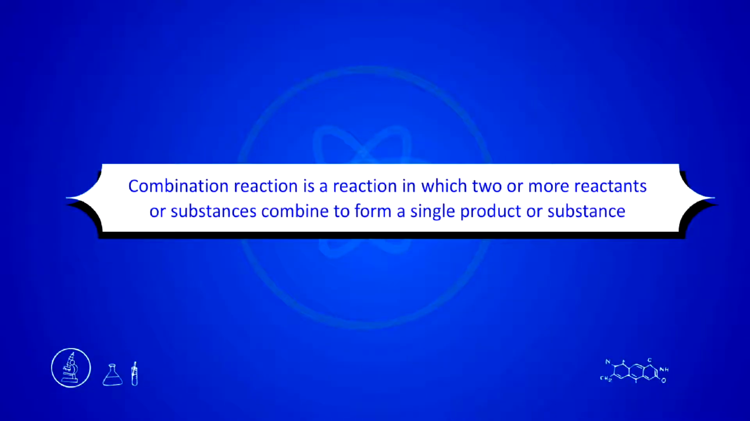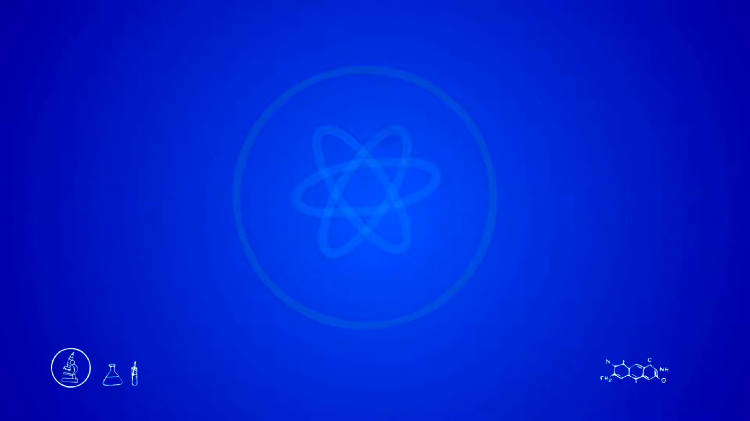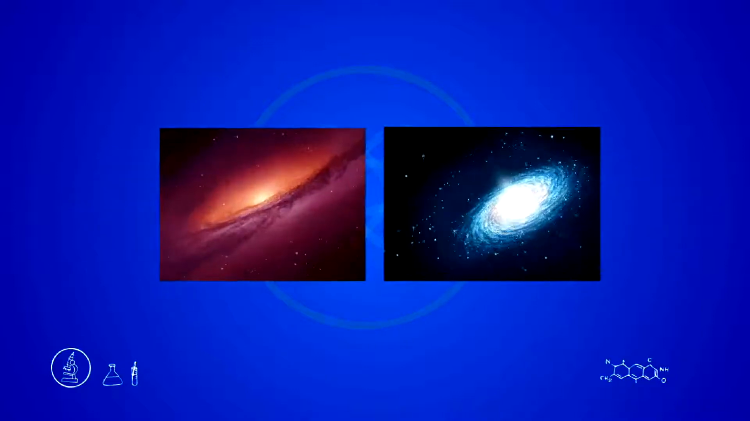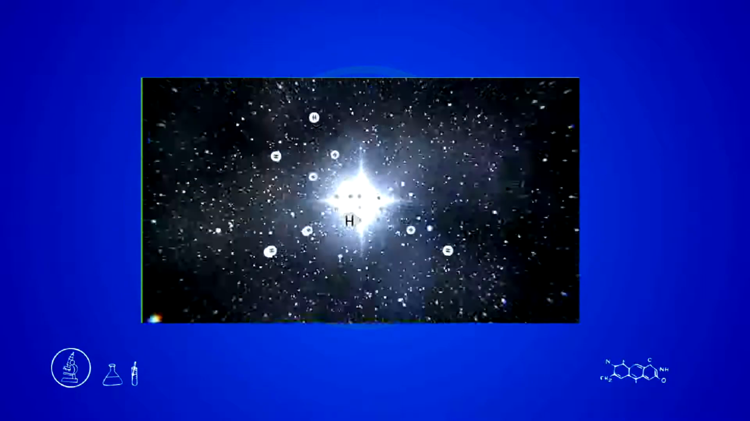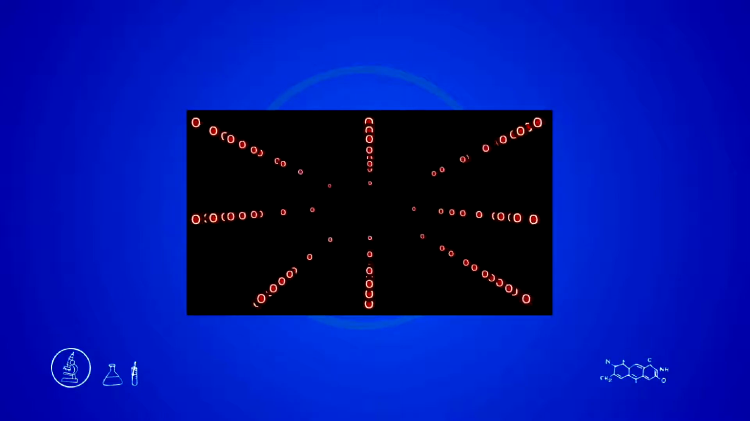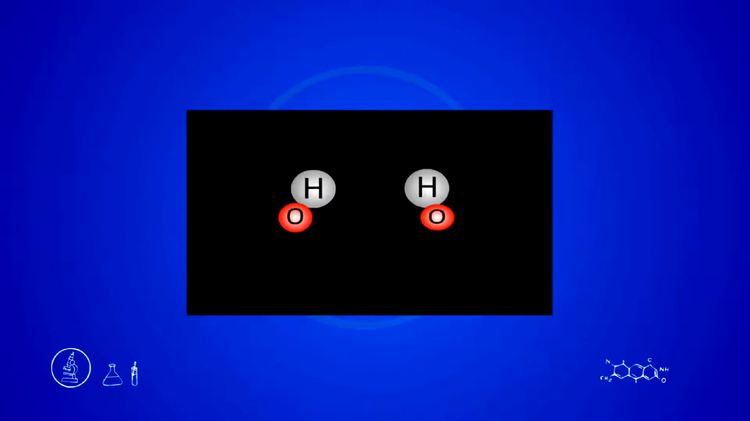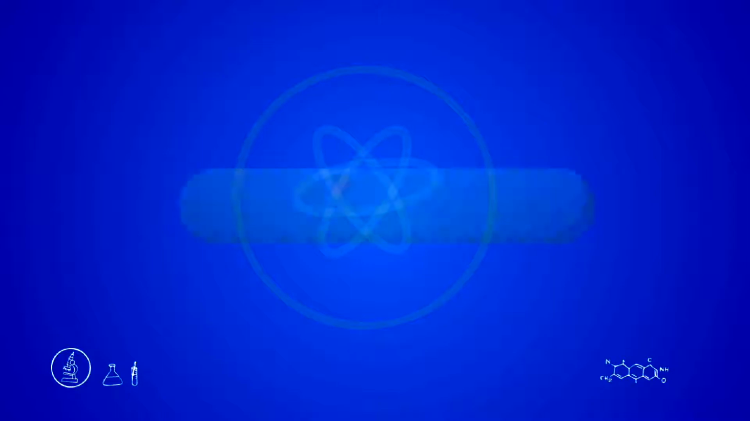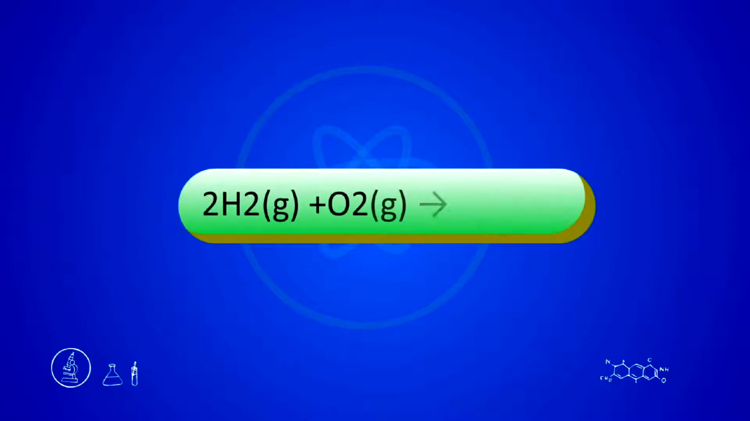Combination reaction is a reaction in which 2 or more reactants or substances combine to form a single product or substance. For example, how did water form in the universe? Hydrogen was produced immediately after the Big Bang. This combines with the oxygen released from the supernovas to form water. The reaction can be represented as follows: 2H2(g) + O2(g)